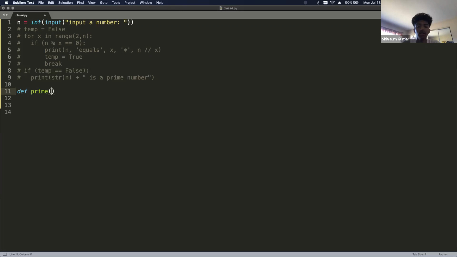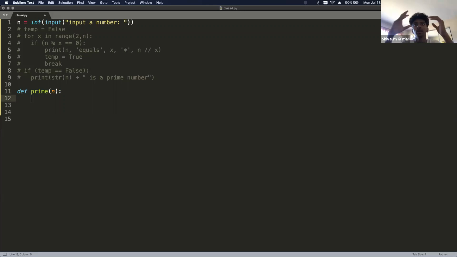It makes it easier. And then in the parentheses is where your arguments go. What arguments go into this function? For a prime function, the only argument that would really go in here is a singular number. So we'll call that n. Again, this can be named whatever you want. I can name it num, number, n, a, x, whatever you want. I'm just going to name it n.